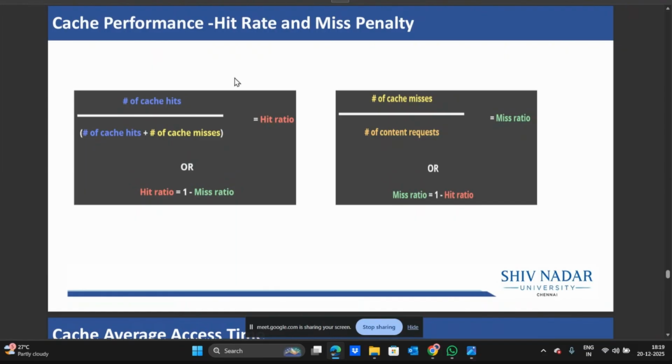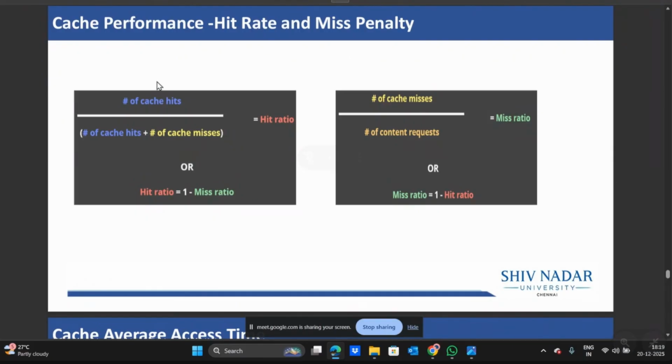Okay. In cache performance, you have cache hit and cache miss. I hope you all know what a cache hit and cache miss are. Easy. The hit ratio is the number of cache hits divided by the total accesses, and 1 minus the hit ratio is the miss ratio. Sir would have taught this formula: average access time is hit time plus miss ratio into miss penalty. We'll see in the